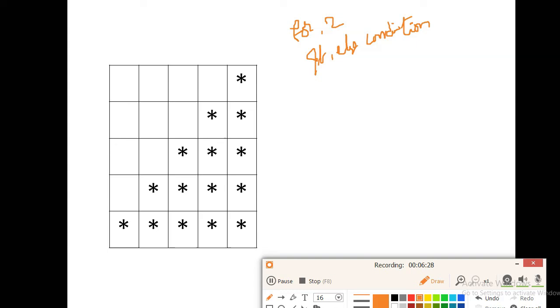Now we are going to write the code. How are we writing that logic by using two for loops?